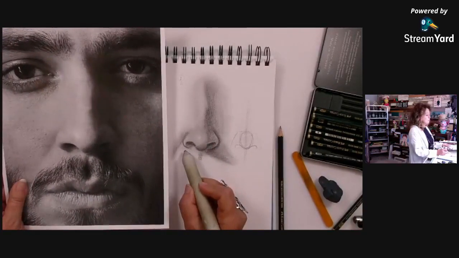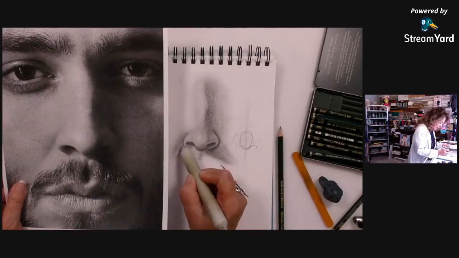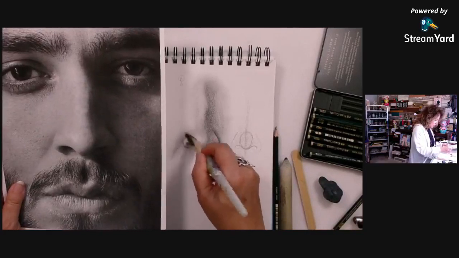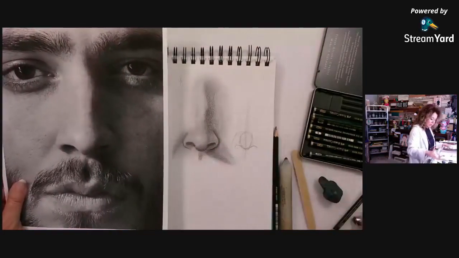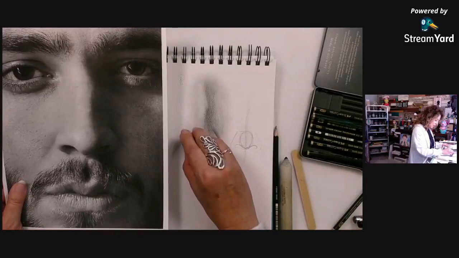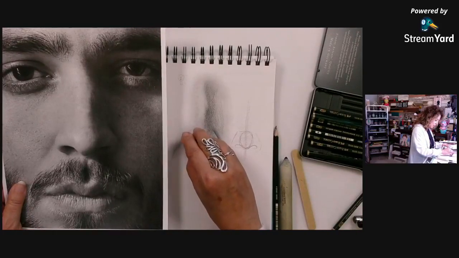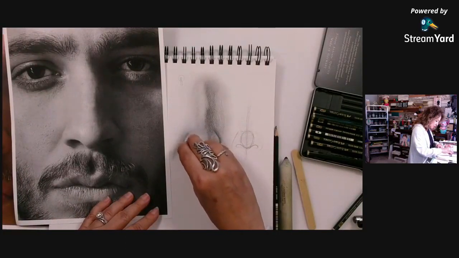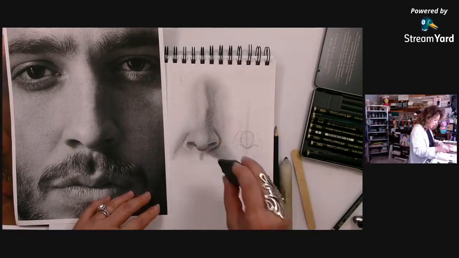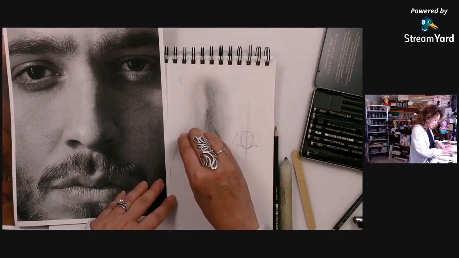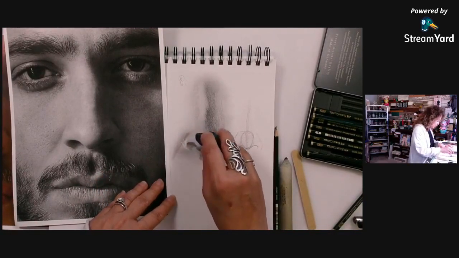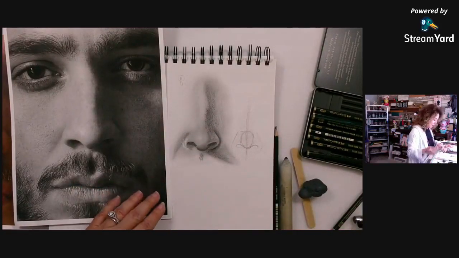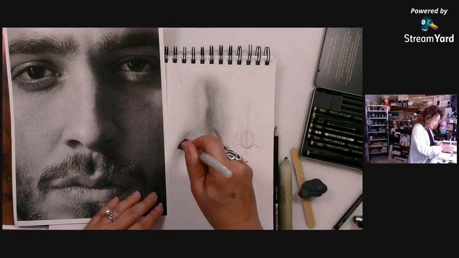Too dark, way too dark here. So I am going to take my brush, blend it out, and then probably just take my kneaded eraser and soften it up a little bit and then blend it. That was way too dark. I should have used a 2 on that one because I used an 8. Ooh, way too dark. Okay, so I'm so glad I make mistakes every week because then I can show you